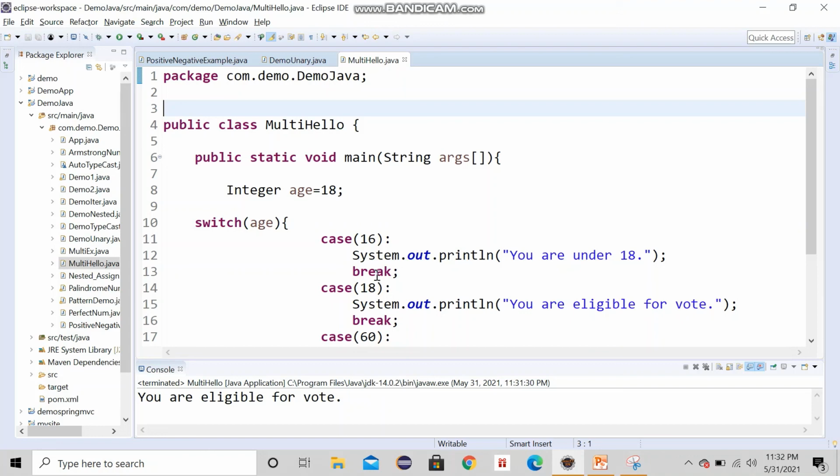Anyhow, I'm going to explain break and when to use break and when to use continue. These are jumping statements, which we use to jump out of the loop. This is the main reason for putting break here, to discontinue. So that's about the switch case.